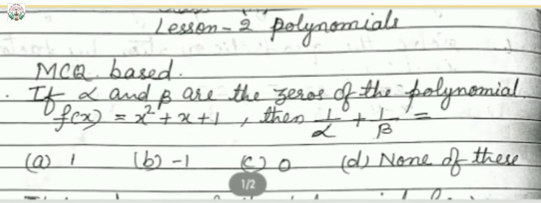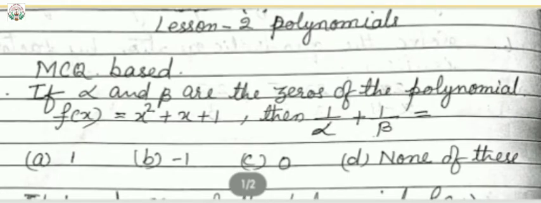Okay, so now alpha plus beta, the sum of the two zeros, equals to what? Minus b upon a. Now from the given polynomial, find minus b upon a, what is the value? And same way alpha into beta, that means the product of the two zeros, will be equal to c upon a. So now from the given polynomial, find c upon a, the value of alpha into beta.